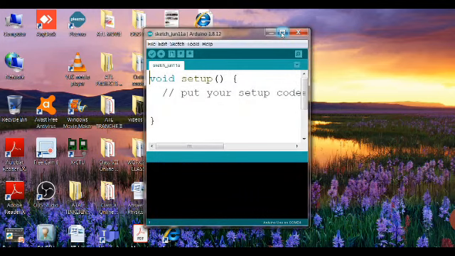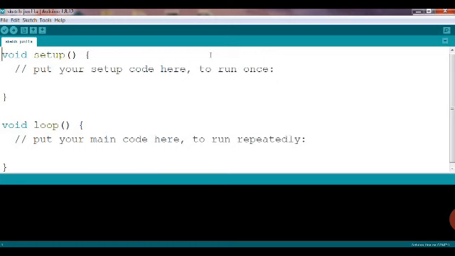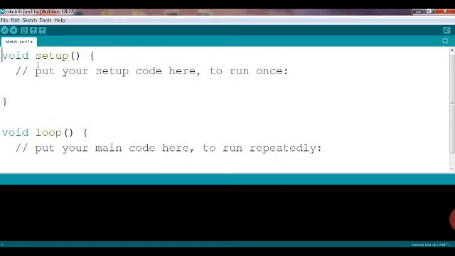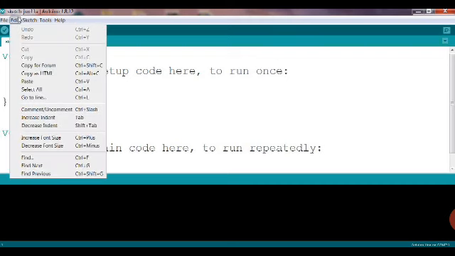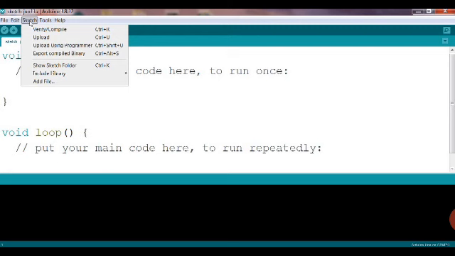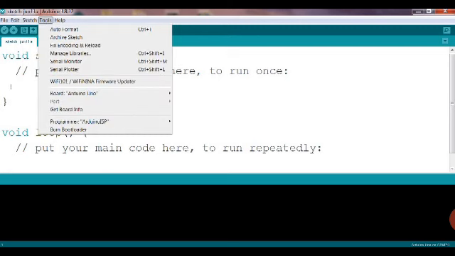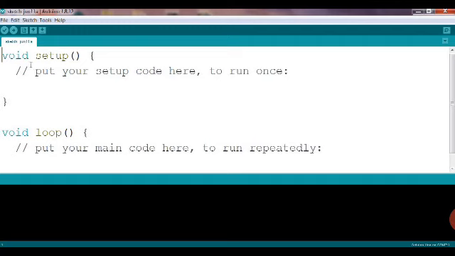And once you click this, you will get this kind of page, that is, we can say this is the programming area, the software part where we are going to do the programming, and that is what we need to understand now. So here we have different options: file, edit, sketch, tools. With time we'll understand how to use different parts of this software, but we should know that overall this software has two different functions. You can see one is void setup and the other one is void loop. We'll understand the meaning of both.